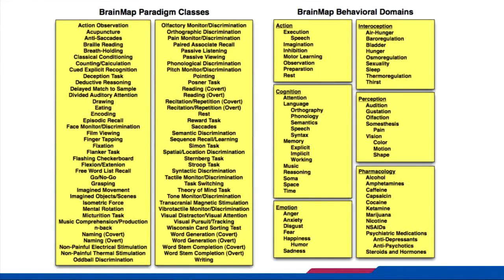And then the activation you get for the go versus no-go trials would be coded as action execution, whereas the results you get for the no-go versus go trials, you would see coded as action inhibition. So the combination of paradigm class and behavioral domain quite nicely resolves what has been going on, what's underlying a